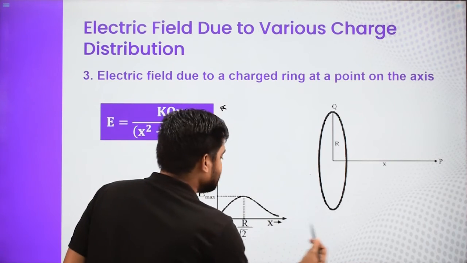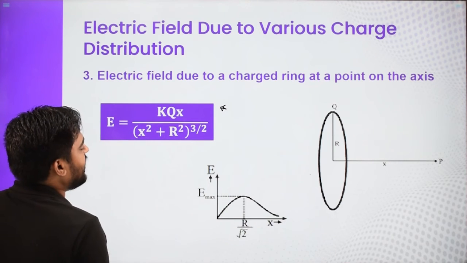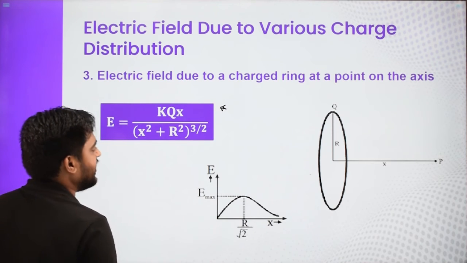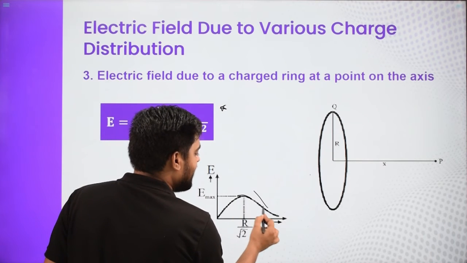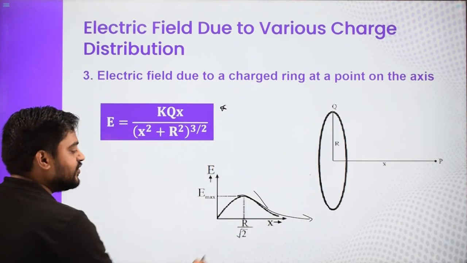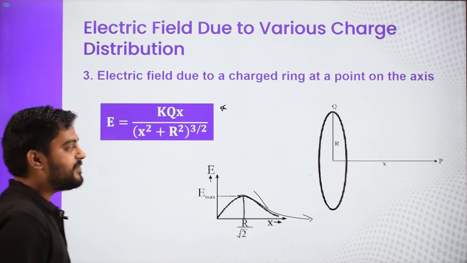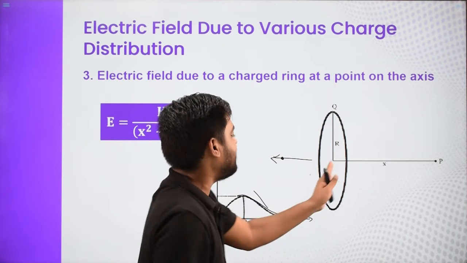What if this is the graph of this? So the x versus E graph is drawn over here. If you see, this is proportional to x. If x is very small, then for this small region it is proportional to x, and you can plot this graph. This graph gives us a maxima and then it approaches infinity. So it gives us maximum electric field at a distance which is r by 2. Due to symmetry, we can say if x is negative, it means we are talking about a point which is not that side, it is this side.